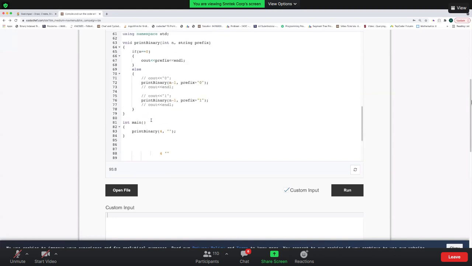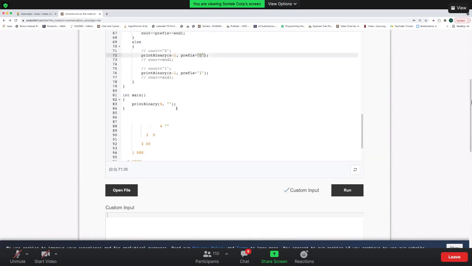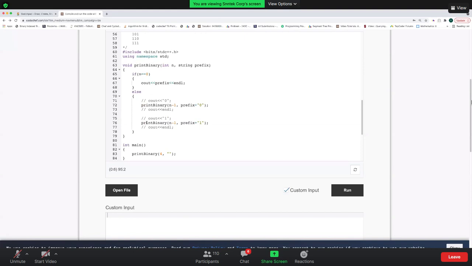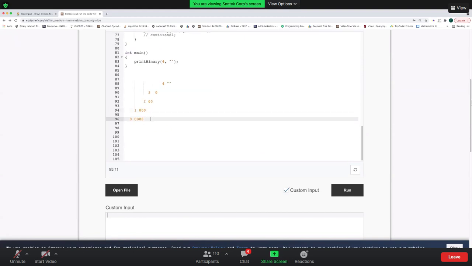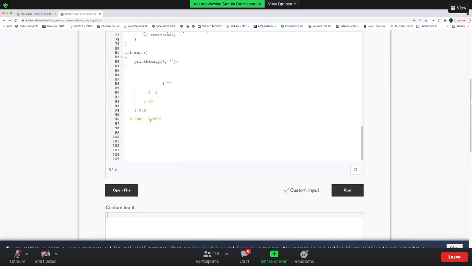After this, my code reaches here again. Currently my n is 1, and I have appended this 0, that's why I was getting 0, 0, 0, 0. Now, after getting the code to this line, this 0 will get removed and I'll get this 0 along with 0, 0, 0, 1. So again my n is 0 and I'll print this prefix which is 0, 0, 0, 1. I've explored all the cases with this. So what will happen now is it will go here and it will make this 1 along with 0, 0, 1.